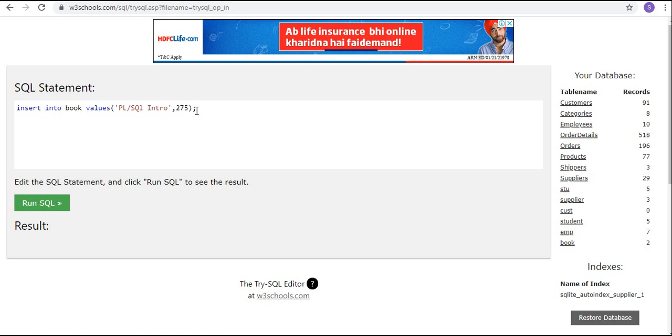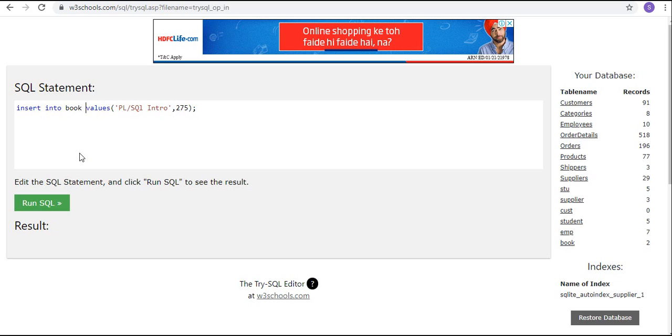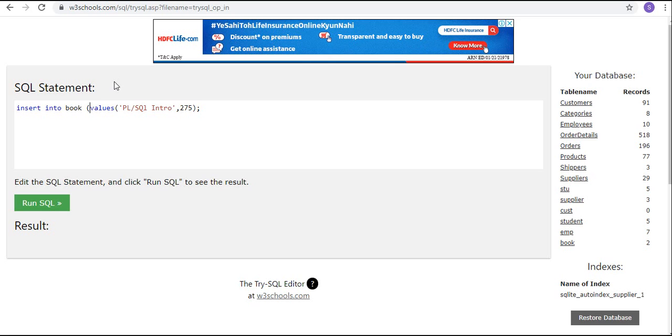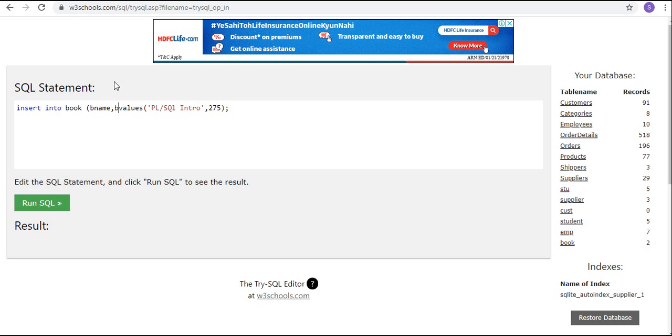Now if you want to enter only specific columns, then we have one more syntax, that is insert into book. Here you have to specify the column names in which you want to enter the values. The first column is B name, comma, the second column I want to enter is B price.